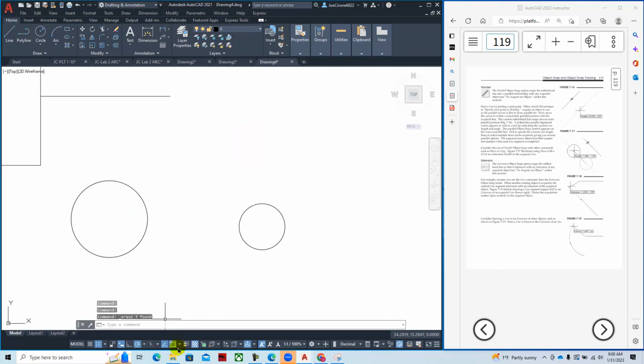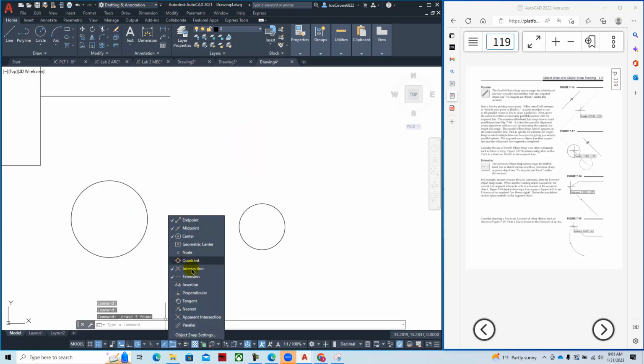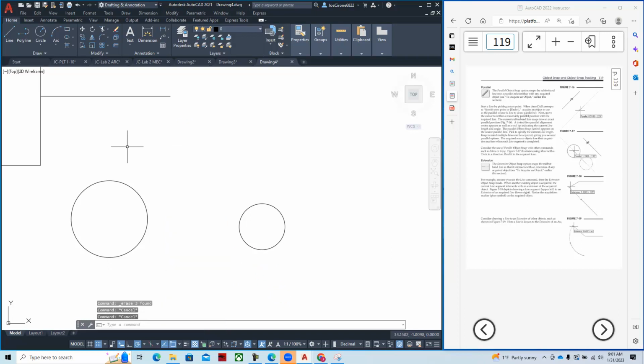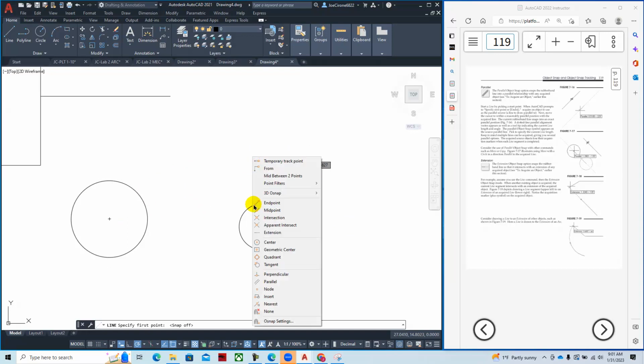What I could do is make sure that I have tangency enabled. And sometimes you want to turn off these other ones. I'm going to leave them on at this point. And then I'll go into a line command, and as I hover, I'm not getting the one that I want. And this is very common. And the snap is also getting in the way. So I'll turn off the snap, and then as I work with these, it's again cycling through the center. But if I hold Shift right mouse click, I can then force the tangency